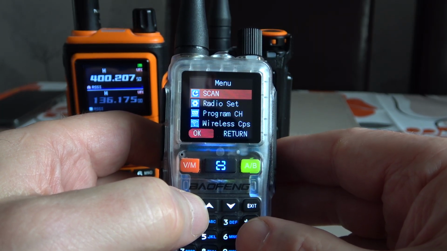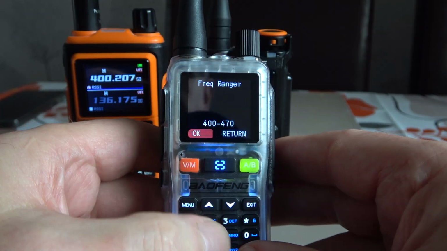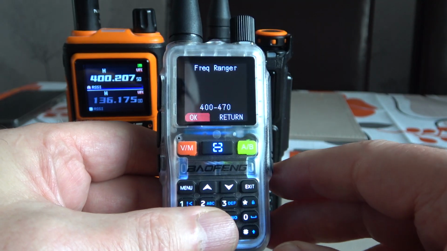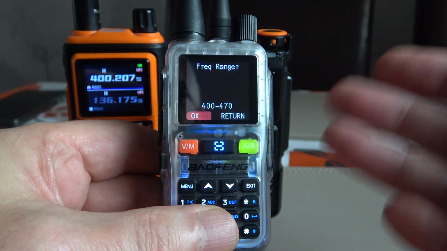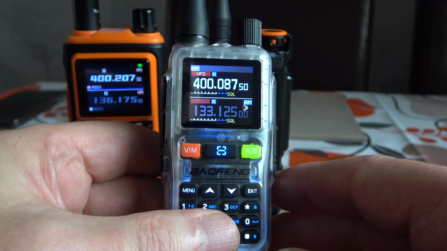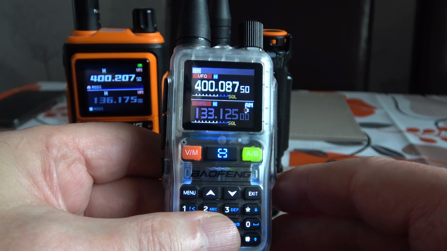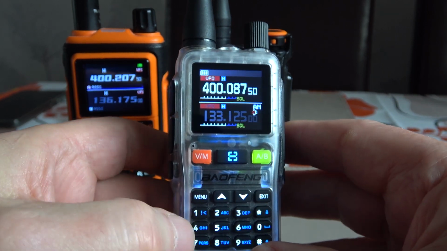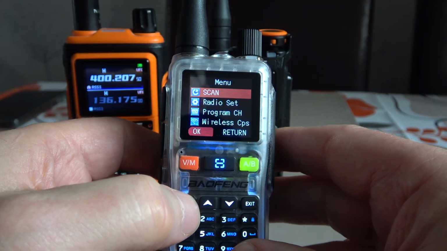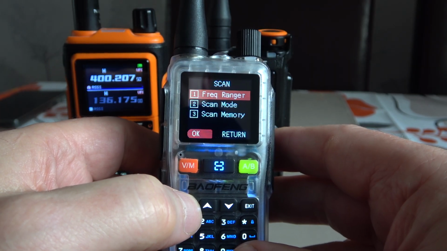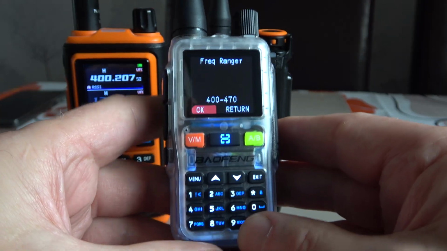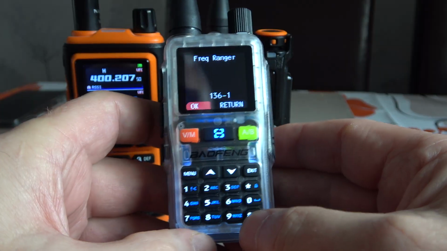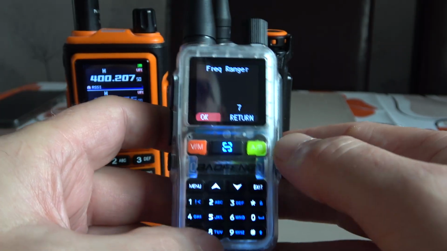And if we go in there into scan, frequency range, we'll see that the default, again, on the UV5R Mini is 400 to 470. And we don't want that if we want to scan the VHF 2 meter range of the radio, which is, of course, 136 to 174. So we have to alter that frequency range setting. Menu. So we go into scan, frequency range, frequency ranger, and instead of 400, we'll put in 1, 1, 3, 6, 2, 1,